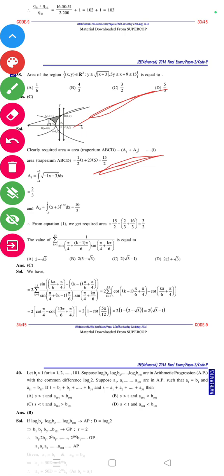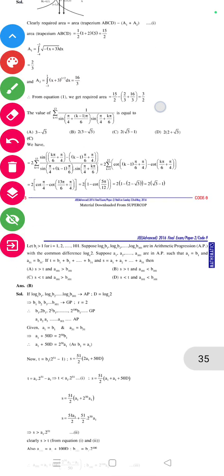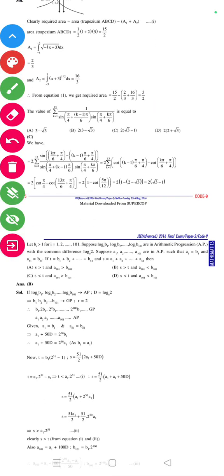So A1 is equal to integral from minus 3 of root of (x plus 3) dx, यानी 2 by 3, and A2 is equal to integral of root of (x plus 3) dx, which is equal to 15 by 3. From the equation 1 we get required area is equal to 15 by 2 minus 2 by 3 plus 15 by 3, which is equal to 3 by 2. ठीक है, तो इसका आंसर कितना जाएगा? इसका वैल्यू जाएगा 3/2। सही है।